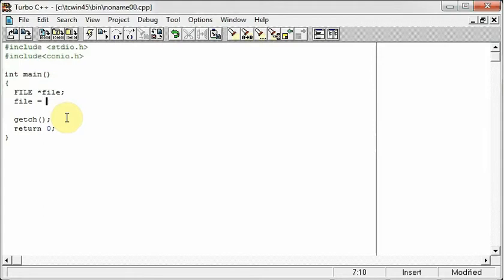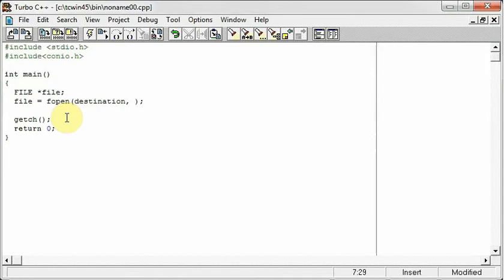To open a file, we will use a function known as fopen, and it has two parameters. The first parameter is the destination, where you want to write the file, where our file is situated and where we want to write the text. In the next parameter, we tell our program what we want to do with this file.